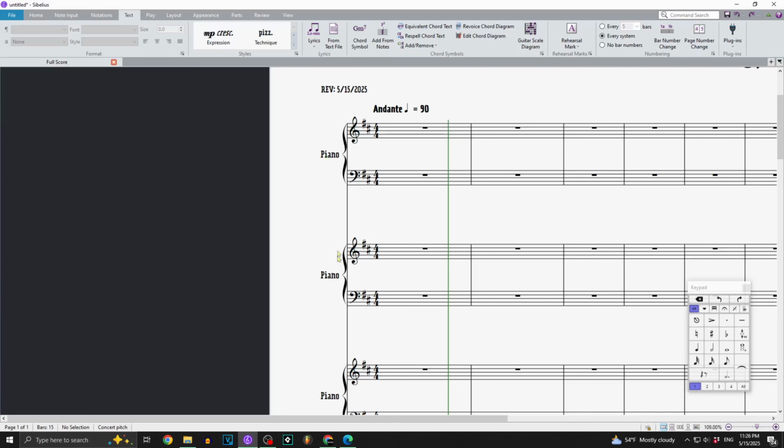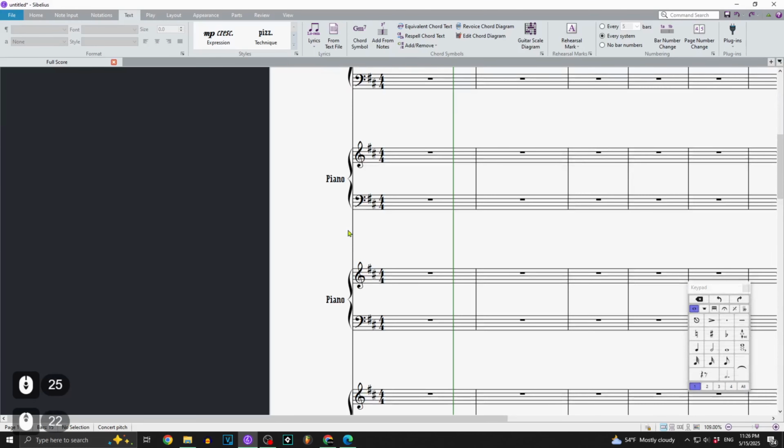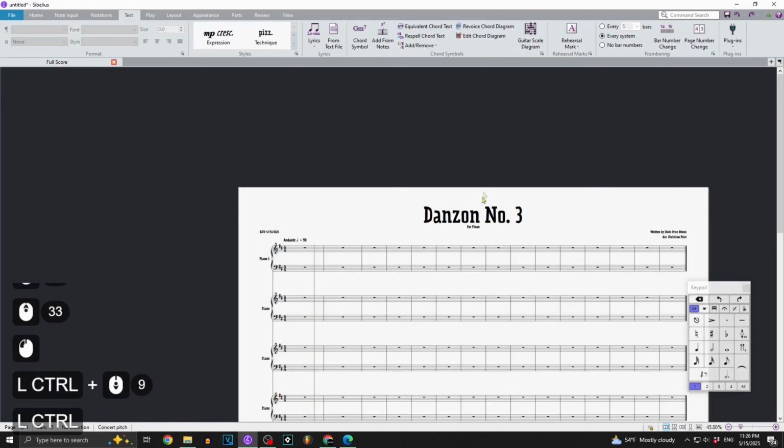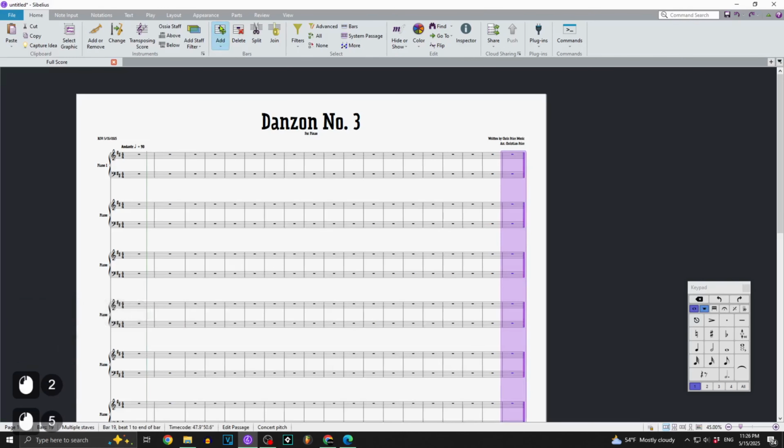If you want to change the name from piano to piano 1 and piano 2, etc., you have to double click it, space 1. Awesome. We changed that to piano 1. You have to do that for all of them. This is why templates are your best friend. Another annoyance with that is when I go ahead and add more,